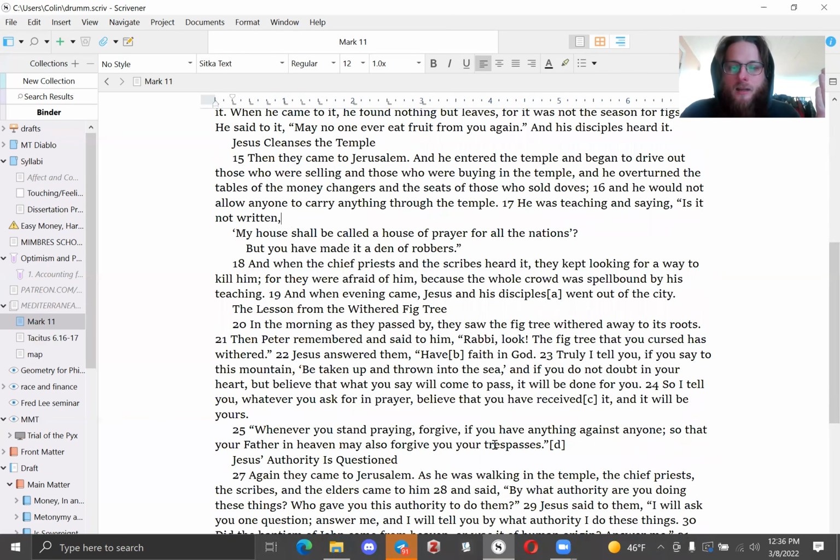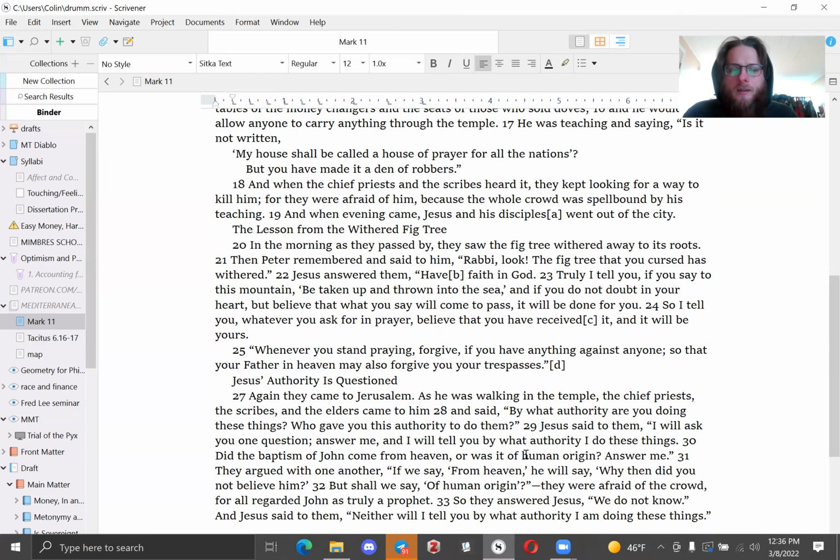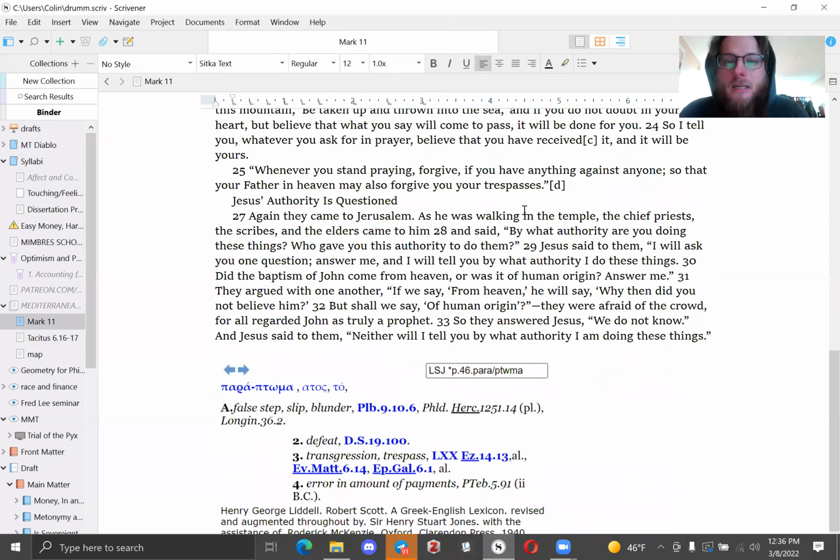Okay, the forgiving of trespasses, i.e., discrepancies in payments. Now, this error in the amount of payments probably has a specific meaning with regard to the money changers, right? Because if you have to pay a premium to the money changer to get the shekels, the premium on the shekels is rising as the monetary crisis proceeds. So your payments that you make in bronze, there's an error, there's a trespass, there's a paraptoma, okay? And that paraptoma is the extra that you have to pay to the money changers to get the temple shekels, okay?